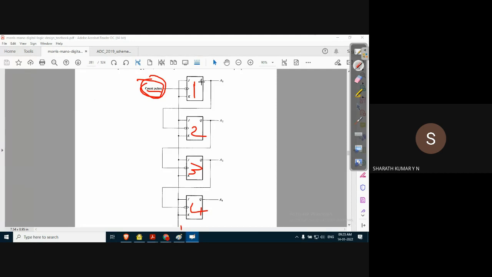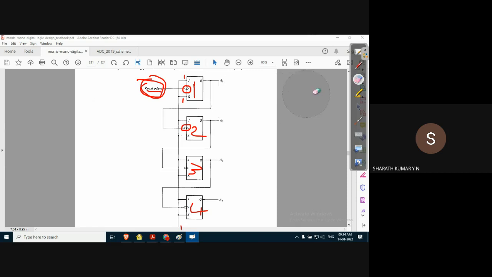Because whenever the clock pulse is applied, as we just understood, the flip flop may trigger on the rising edge or on the falling edge. Here the clock pulse is negative, negative logic. That means the flip flop will trigger on the falling edge. So this symbol is important. If there is no bubble, it is a positive clock pulse triggered flip flop. If there is a bubble, it is a negative triggered flip flop, so it will trigger on the negative edge. So when the negative edge of a clock pulse appears, since the input is 1 1, the flip flop acts as a toggle flip flop.